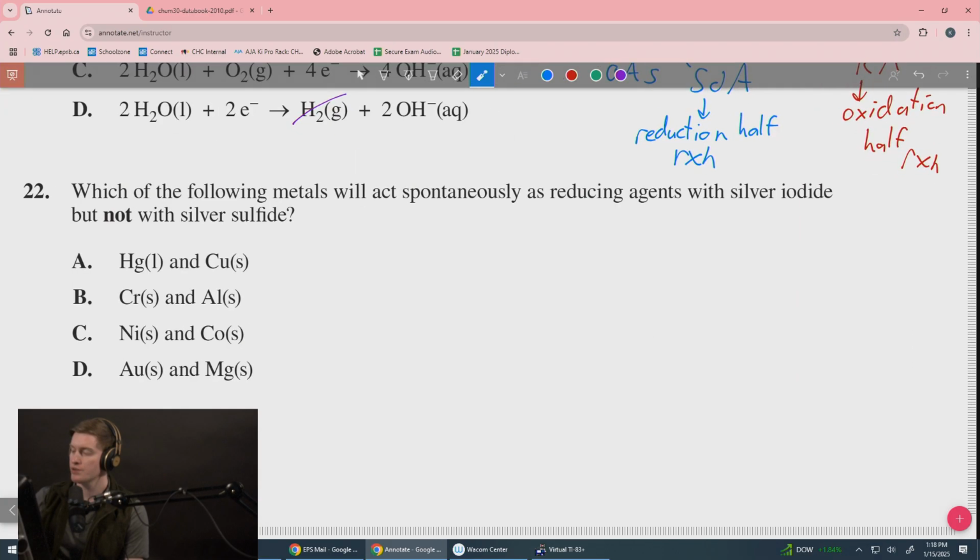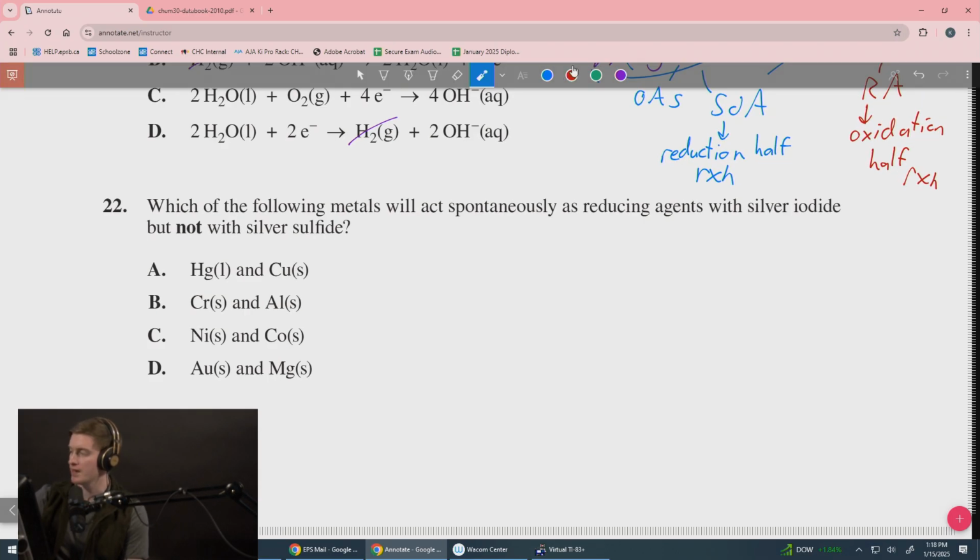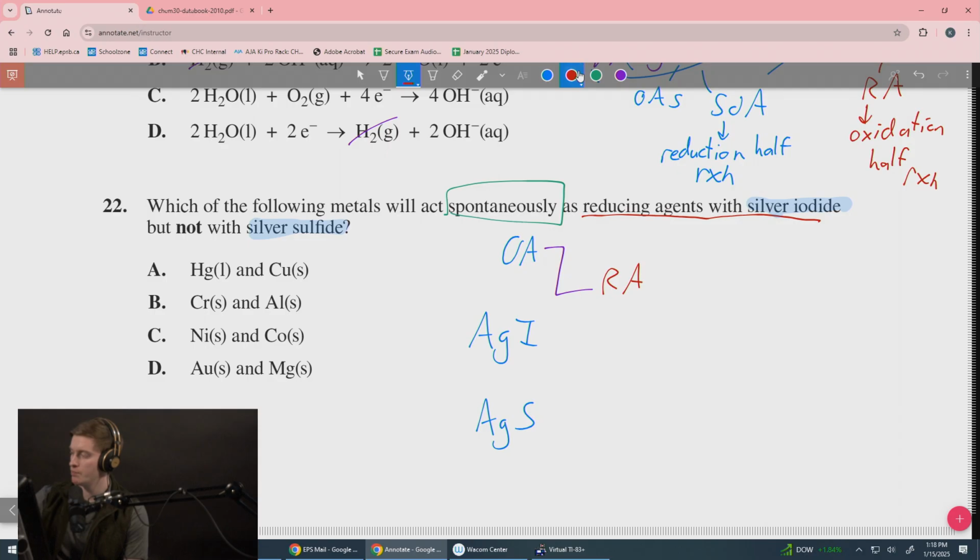Next question. Which of the following metals will act spontaneously as reducing agents with silver iodide but not with silver sulfide? Remember that the word spontaneously here means that our oxidizing agent is going to be above our reducing agent. Now, our two oxidizing agents that we're comparing here are silver sulfide and silver iodide. We want a metal where the metal lands as a reducing agent between silver iodide and silver sulfide. So it would be spontaneous